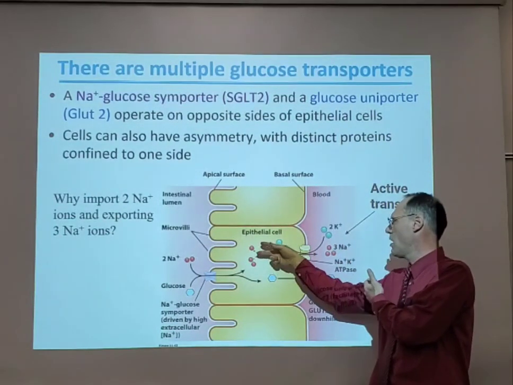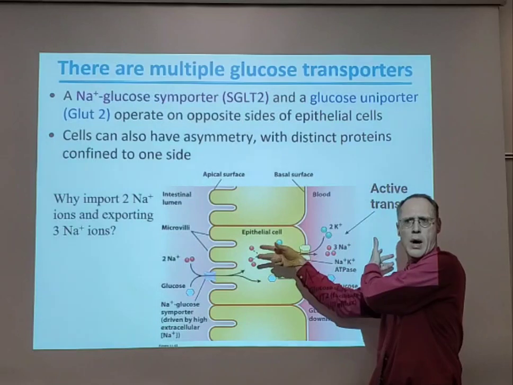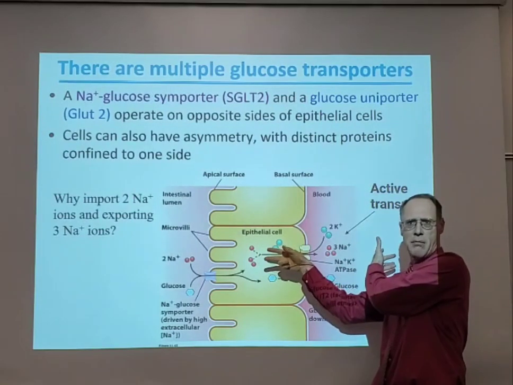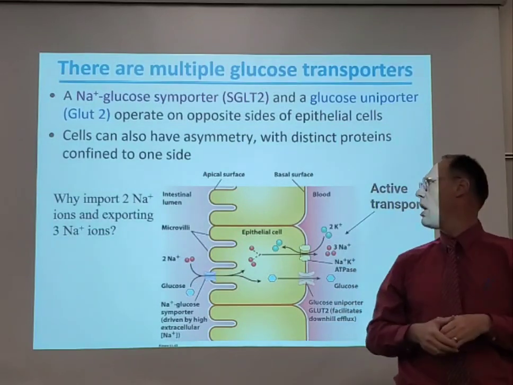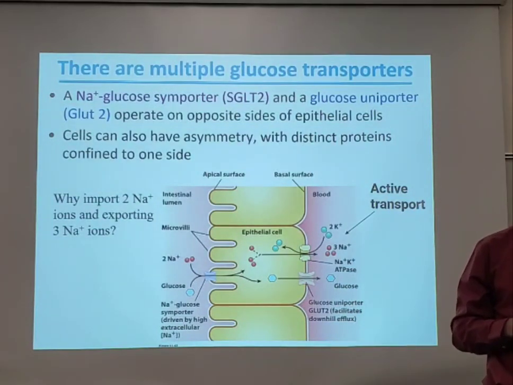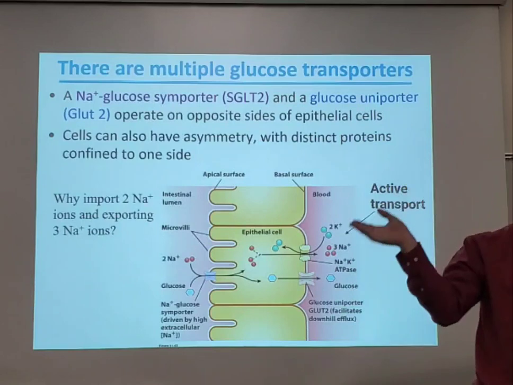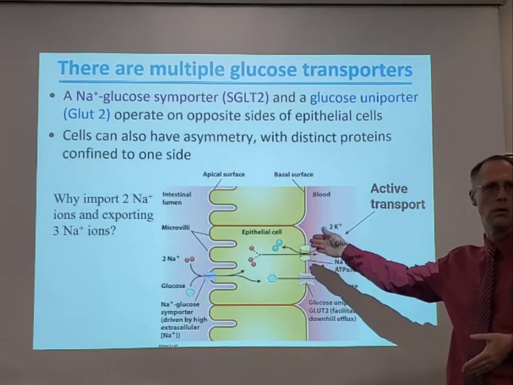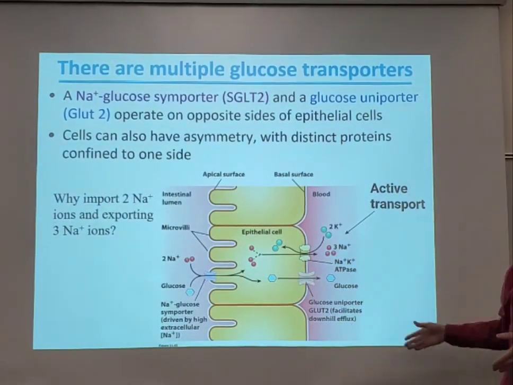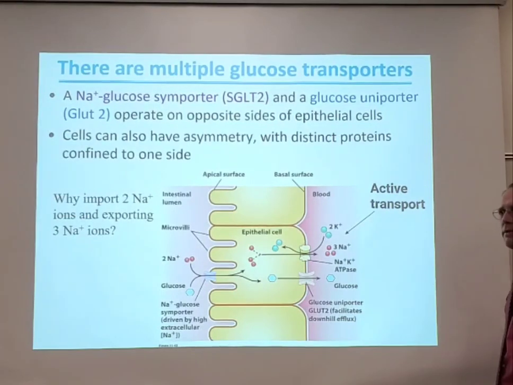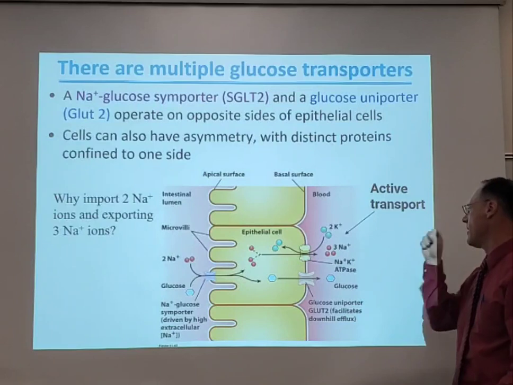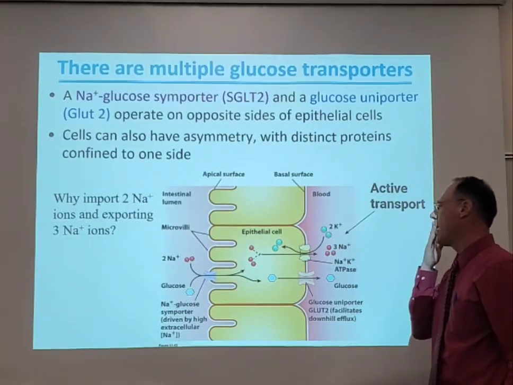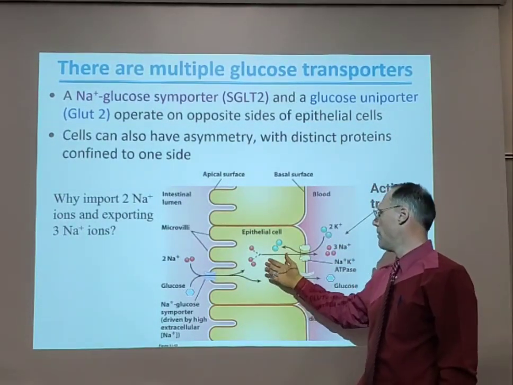I'm only moving 2 charges and 3 charges. Wow, the charges aren't the same, and the concentrations aren't the same. I just build up. Do you know how much energy we spend doing that? Like 1/4 of your entire caloric intake is spent doing that alone. You want to sit like a couch potato? You're still burning energy doing this. Great. Okay? So I build this up, and then over here,